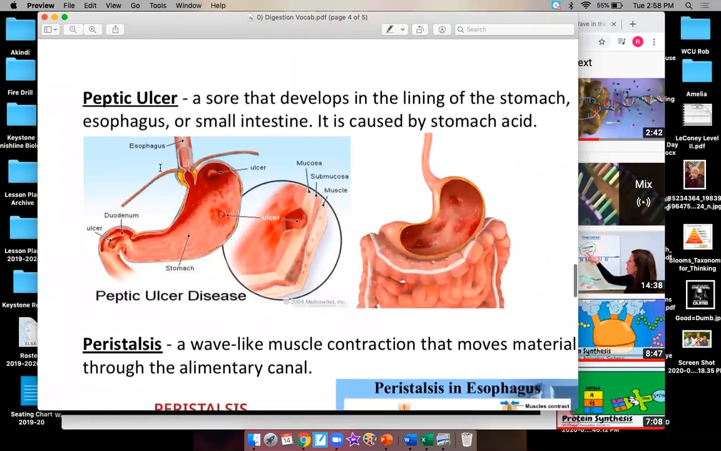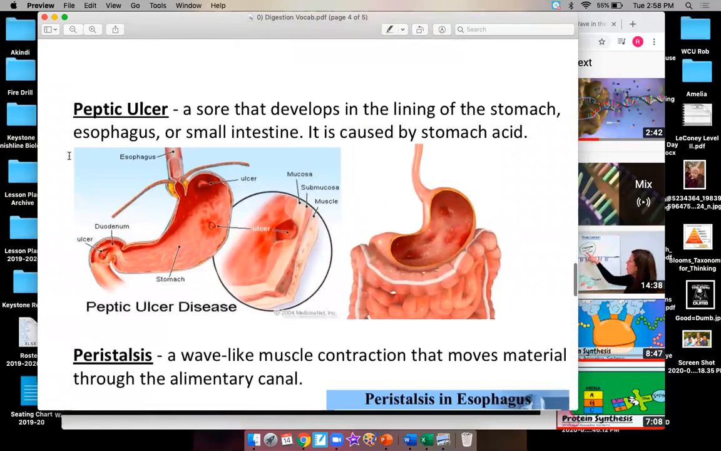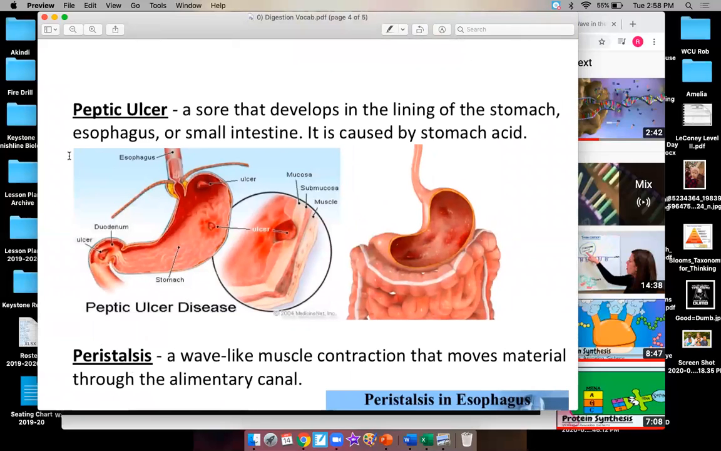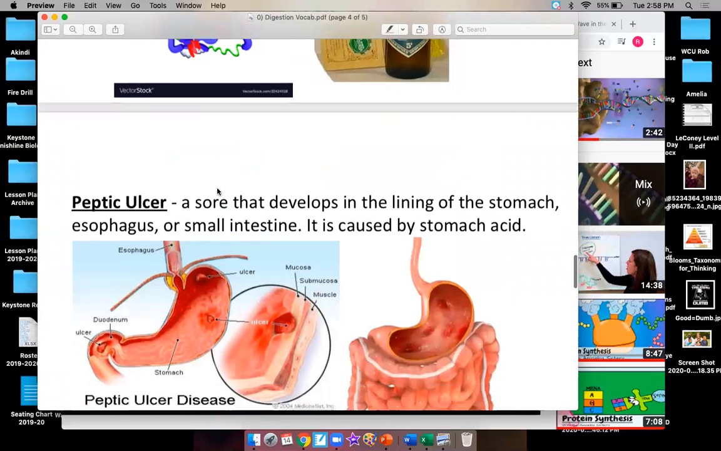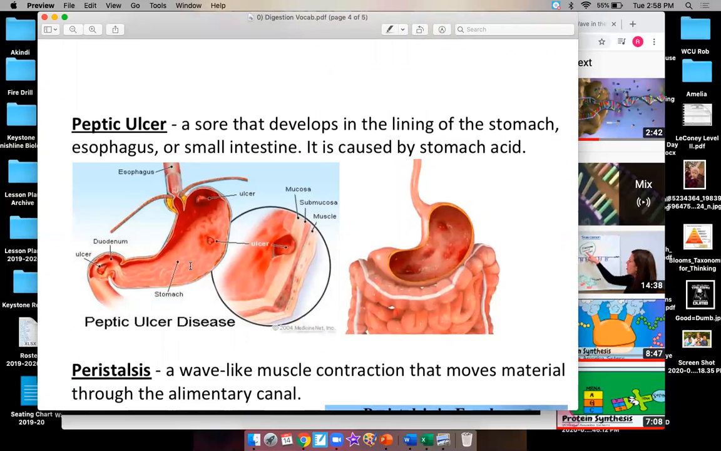So a peptic ulcer, right? Some of you have had ulcers before, maybe an ulcer around the corner of your mouth or something. This is a different kind of ulcer. A peptic ulcer is when your pepsin and other gastric fluids start breaking down your own stomach or esophagus or small intestine. Look at this picture. You see my mouse moving around? This is your stomach. This is the esophagus. This is the small intestine, right? This is a sore that develops in the lining of this stomach, esophagus, or small intestine, and it's caused by